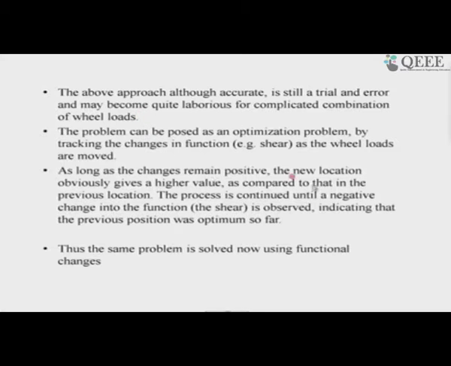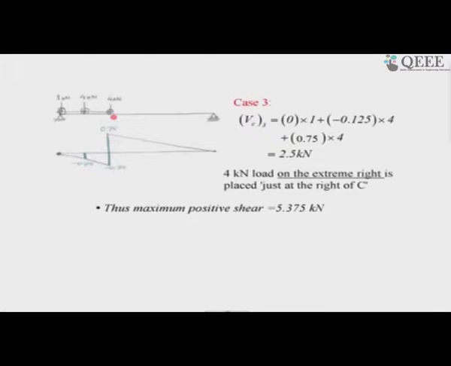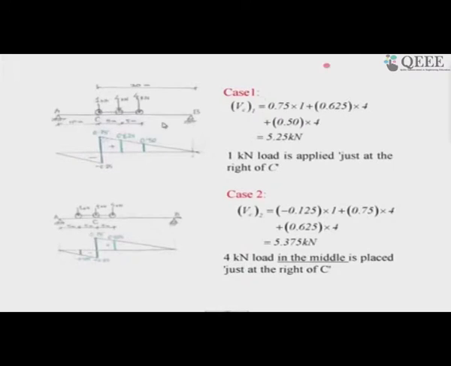So, the approach is that as long as the changes remain positive, the new location obviously gives a higher value as compared to that in the previous location. The process is continued until a negative change in the function and the shear is observed, indicating that the previous position was optimum so far. I can explain this to you with our example as I have told you. If somebody asks me a question that if this 4 kilonewton load is pushed 2 meters,